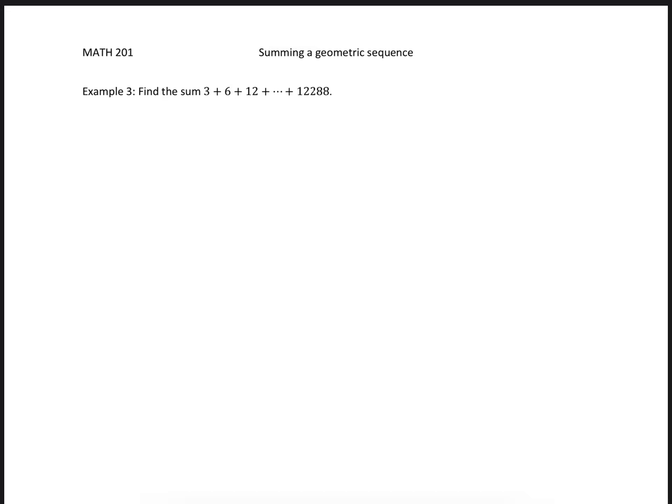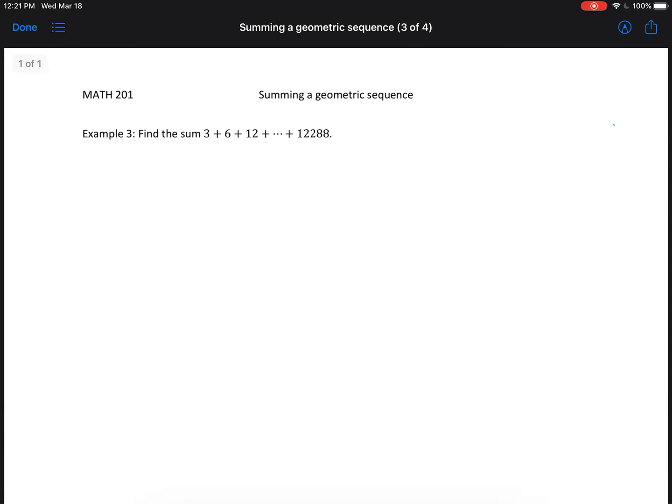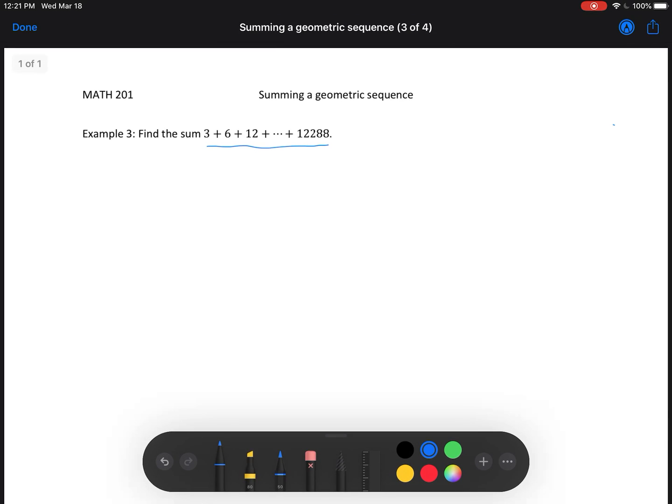Now, finding the sum of a geometric series, sequence. This is the same example that we did previously. In this technique, the first step, after we notice it's a geometric pattern because the numbers all increase by a multiple of 2 every time, is to write out the sum S: 3 plus 6 plus 12